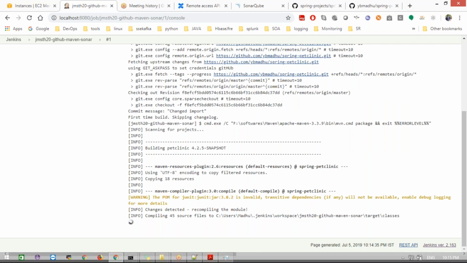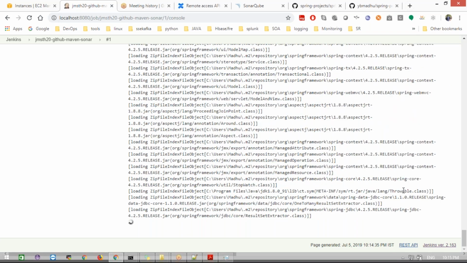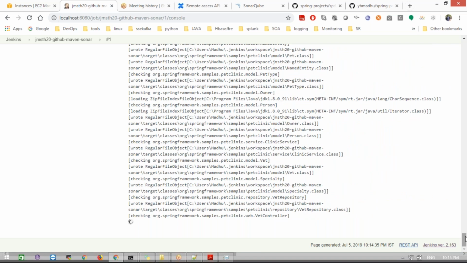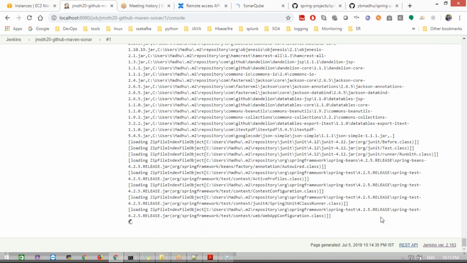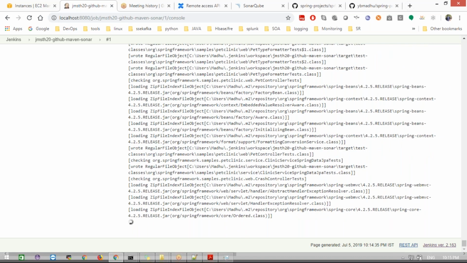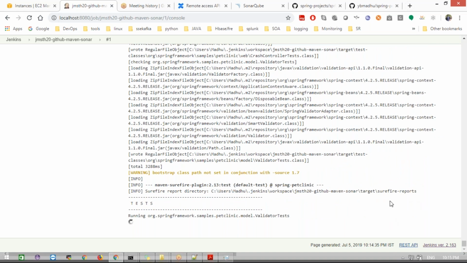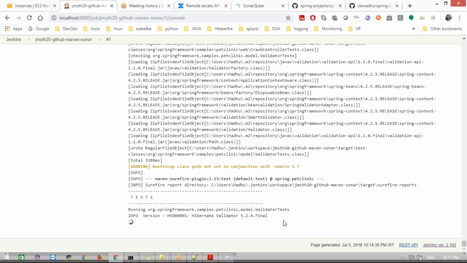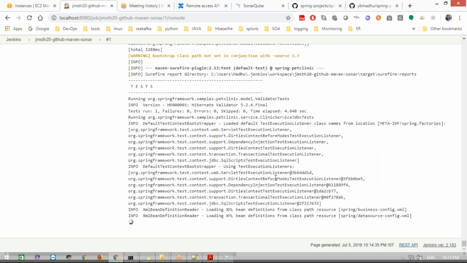Does the Sonar properties file already exist, or do we need to create it? We write it ourselves. These DevOps guys can do that. Sometimes developers want to analyze on the development side also, so they can also write it. If they did not write it, we need to write that file. If your manager tells you that we need to integrate with Sonar cube, we need to take care of this. Simple, that's simple.